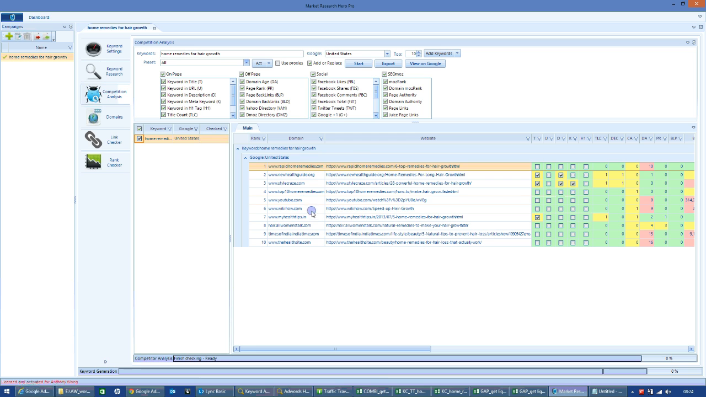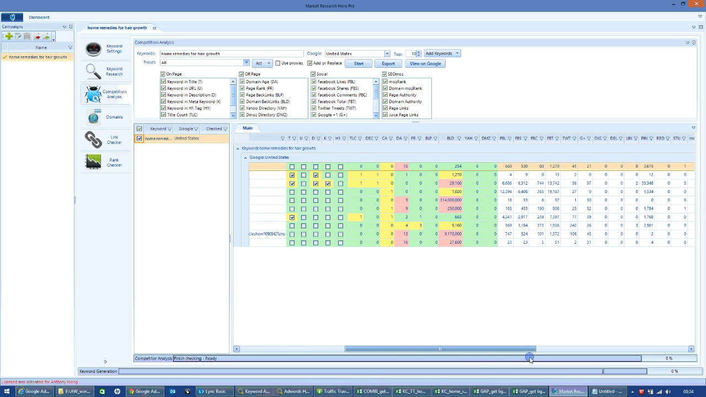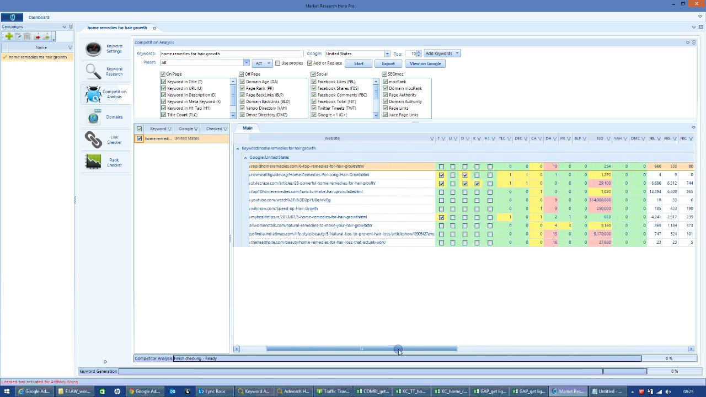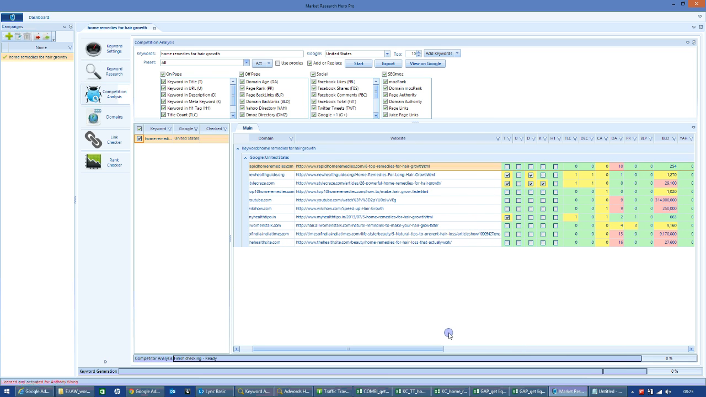It's color coded, so if I want to try and rank against some of these other websites, these are my competition, and I can find out what they're doing that I need to do better. This one's got quite a lot of backlinks. This is the domain age for some of the domains, so maybe I want to buy an aged domain to help rank. And this is how many Facebook links, so maybe I want to run